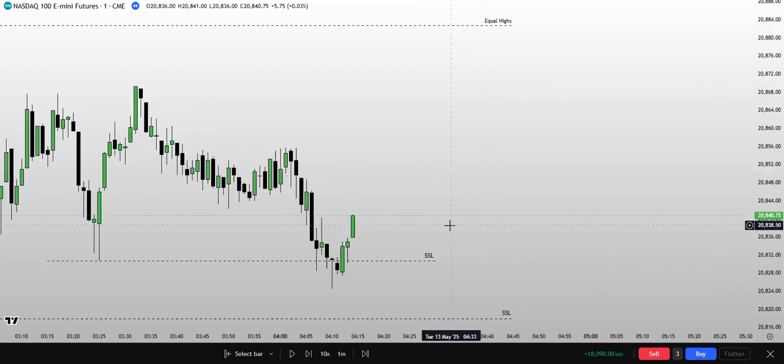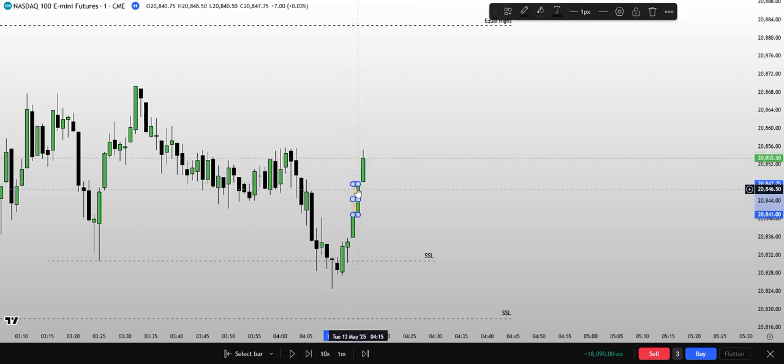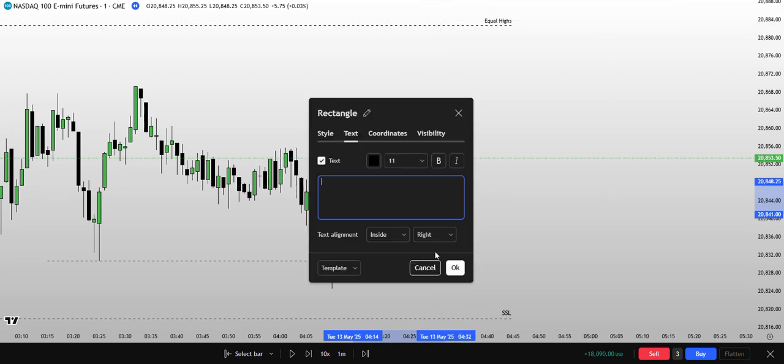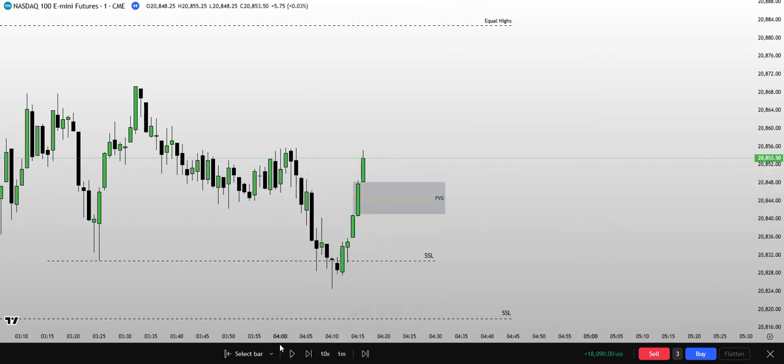If we get something worth taking. See if we form this gap right here. We do form it. Did we get a retest? No retest just yet. Price is just expanding to the upside. This fair value gap right here. See if we do get a retest here. Now from this one